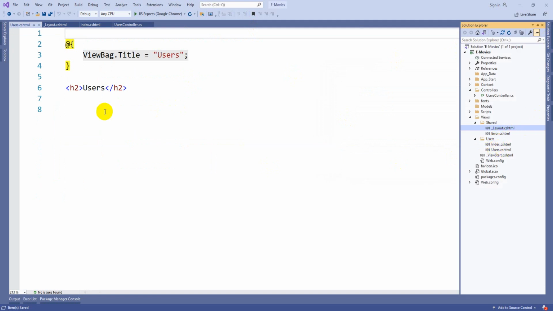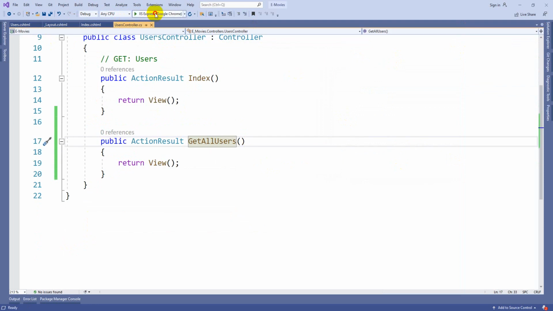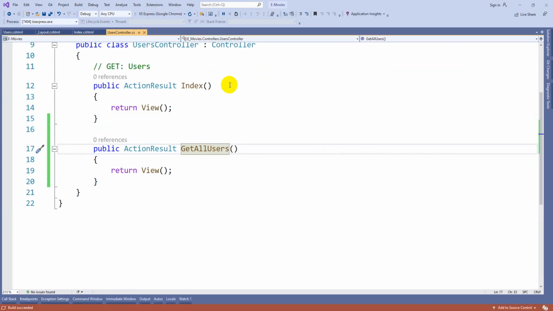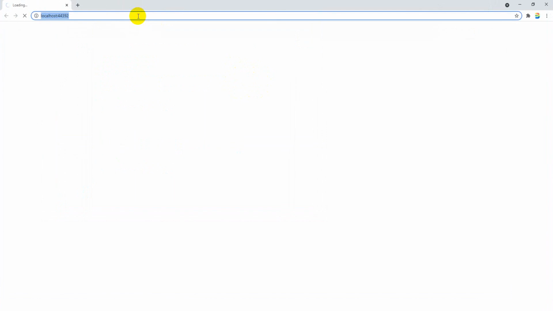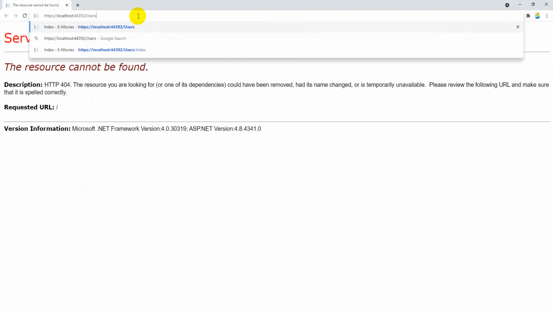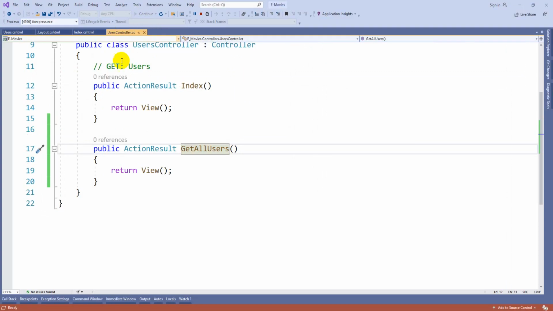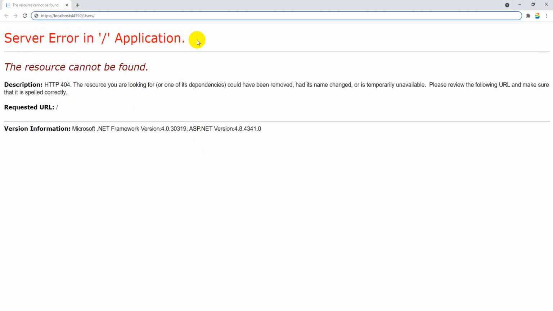You can see Users.cshtml. Now there is a problem, as I mentioned. If I execute, this problem I will tell you later. Now if I try users slash, Users is my controller, and GetAllUsers is my action method.